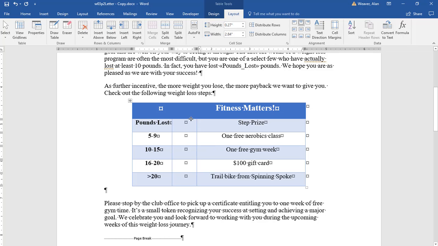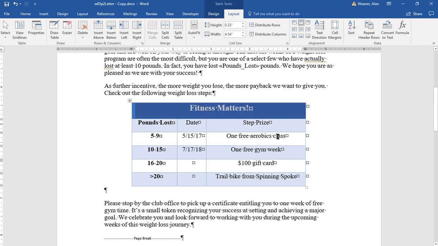So I've got that table in there, and I could just say date. Put in some dates here like 5/15, 17, 7/17, 18. You're getting the idea of that here. If you don't want a column, you could highlight it. And what's going on here, these are merged cells here. I would just click here to merge here. I could just click inside here. You got a lot of things here. You could also right click. If I don't want this column here,